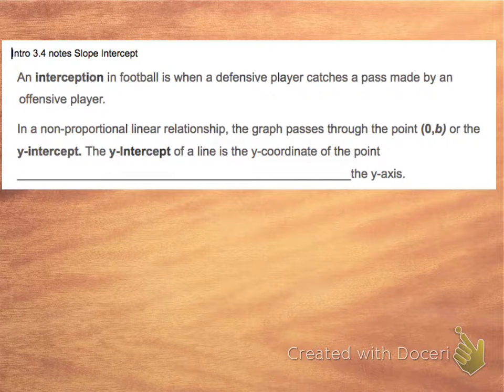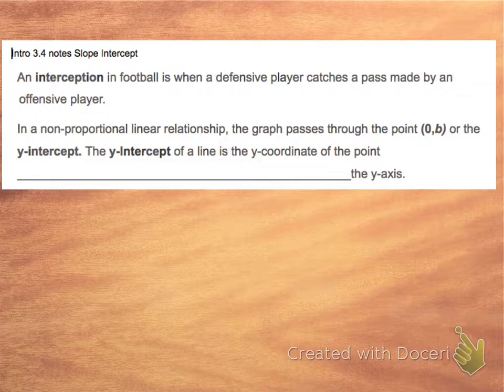Hello, intro students. We're going to take a look at 3-4, which is slope-intercept form of an equation. An interception in football, so most of you are familiar with, is when a defensive player catches a pass made by the offensive player. So the ball is going across and somebody kind of interrupts it. And that word is going to kind of mean the same thing about a line where it crosses something in